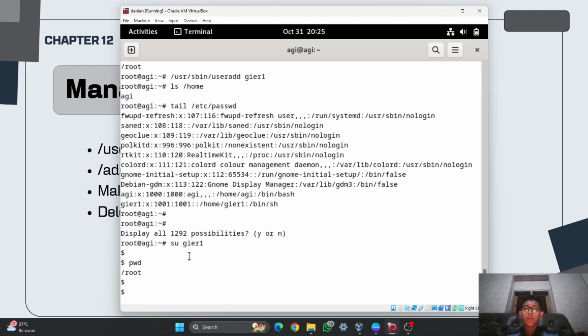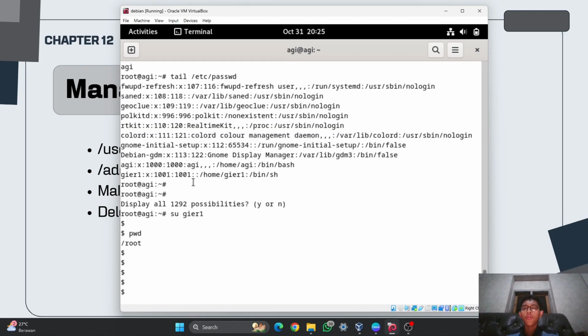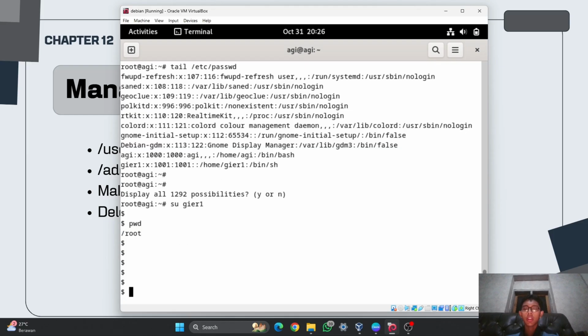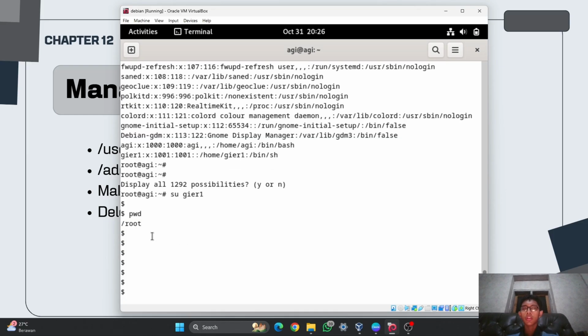As you can see, gr1 has the shell of /bin/sh, so it is only showing like this, and it is not like the normal OS that I use right now.